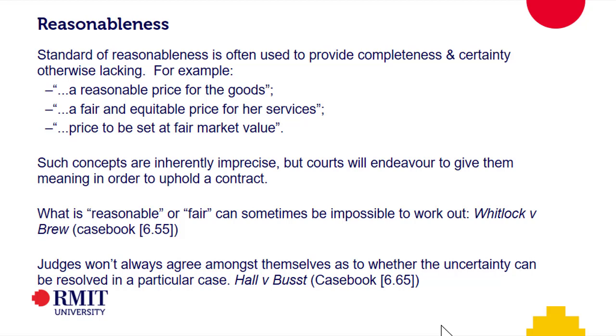The other thing that's worth remembering too is that judges themselves might not agree as to what is reasonable or whether something's certain or uncertain. Again, those of you who fall on the side of lover as opposed to fighter, these are the kinds of things you need to be thinking about when you're writing a contract. Are the words that we're using here sufficiently specific and precise to mean that we just avoid this ambiguity?